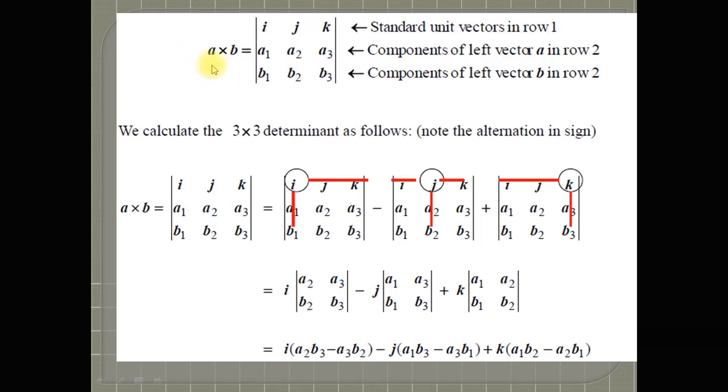So you can verify how we can prove that the cross product vector is perpendicular to both vector A and vector B. First of all, find the cross product by using this simple determinant, and suppose A cross B is equal to R. We can prove that R is perpendicular to vector A. How can we prove that R is perpendicular to A? Simple, take the scalar product of A with R. If A dot R is equal to 0, then R is perpendicular to A, and if B dot R is equal to 0, then R is also perpendicular to vector B.